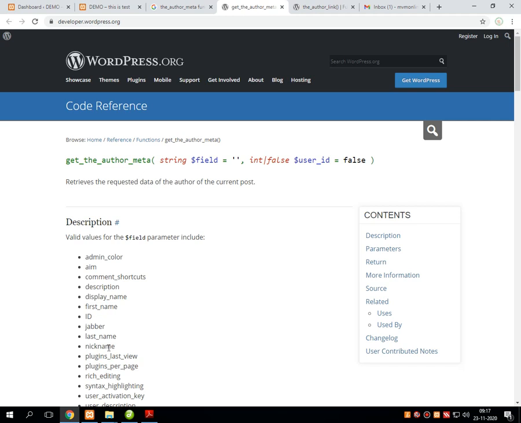That means suppose we want to have a part of data from the entire content which is created by the author, then this is possible using the function called get_the_author_meta.